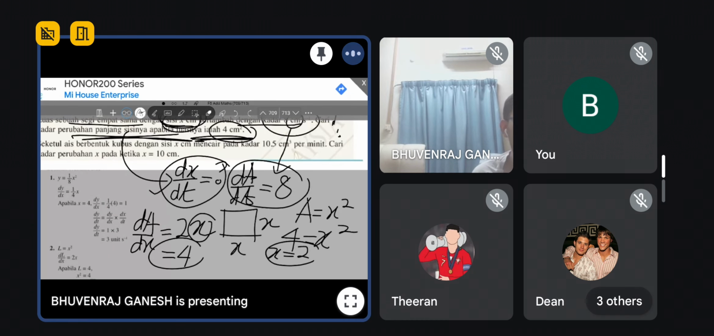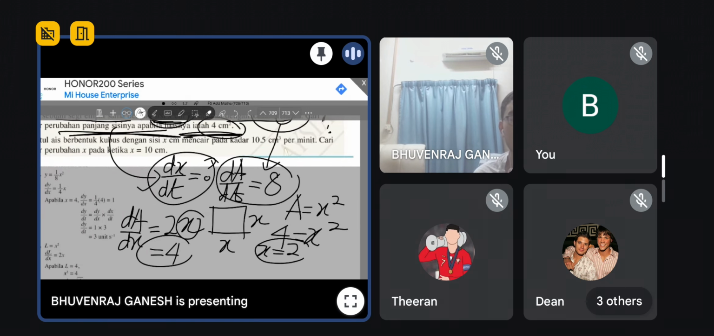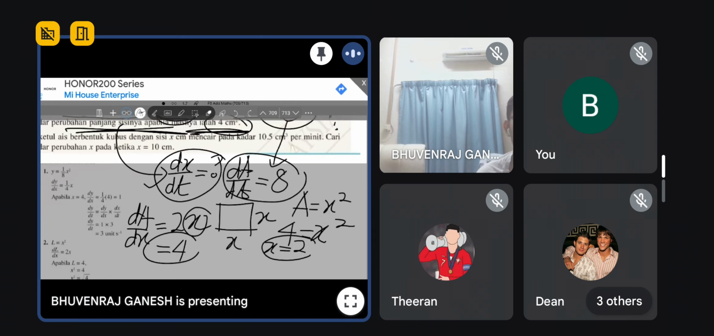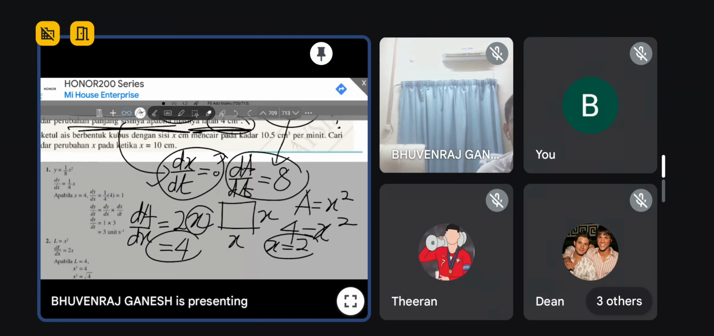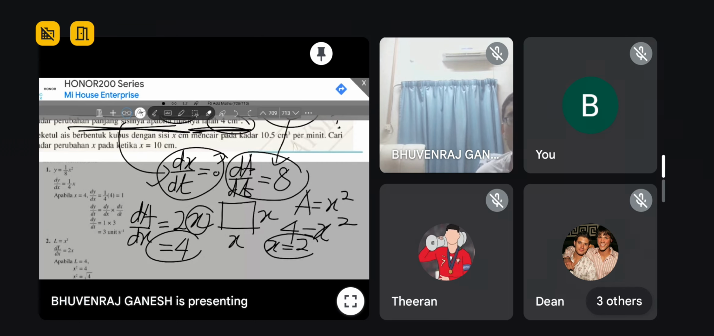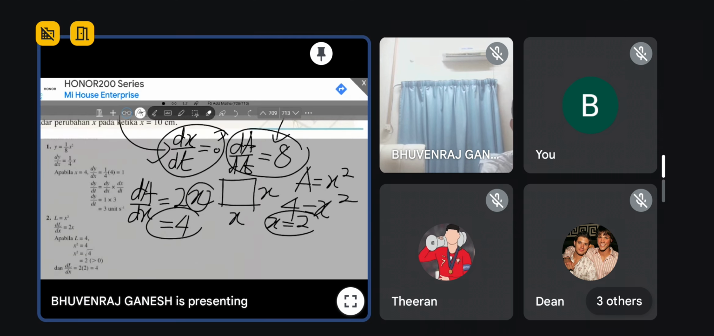Apa nilai kamu? dA dx is 4, dA dt equal to 8. So kamu dapat apa untuk dx dt? So anyone get it, Adi? So dx dt is equal to dx dA times with dA dt. Am I right? So this is your formula now. So means that,